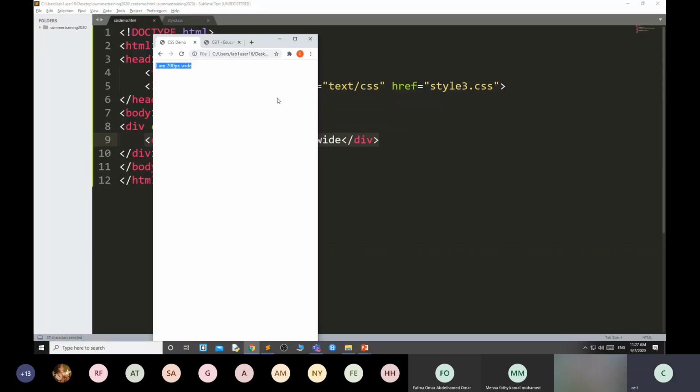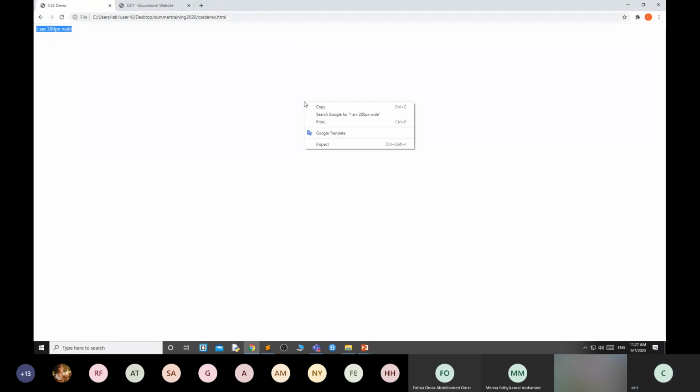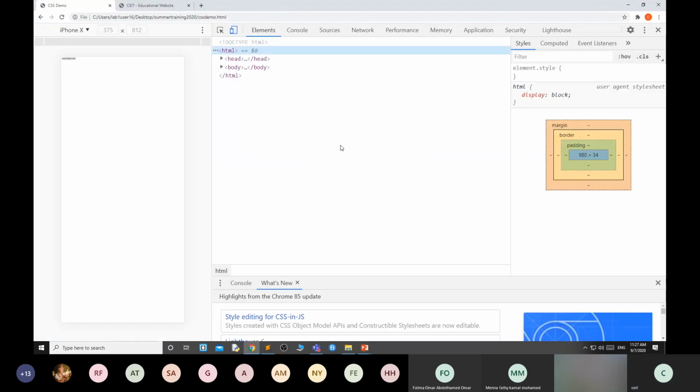Suppose here this is 200 pixel wide and my screen resolution is, see, this Galaxy phone resolution is 360 into 640. You can see that it is very small. If you open on the Pixel 2 phone, it's 411 into 731.